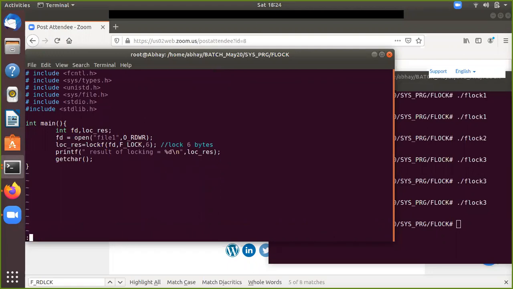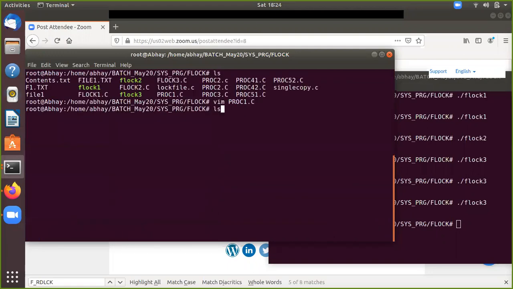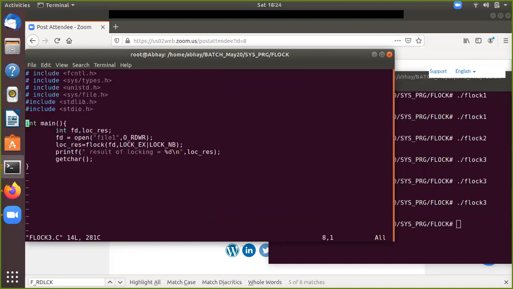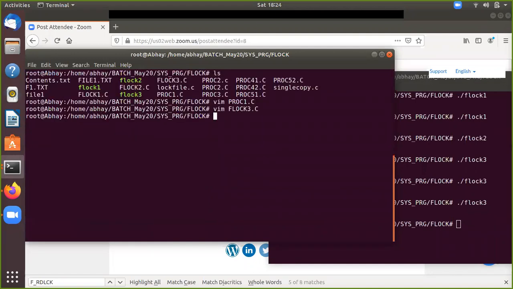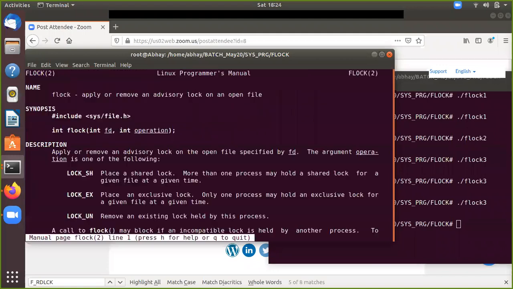If you just go and take a look at flock, go to the man page. You can have all the details of flock. sys/file.h is the header file, and this is the prototype. It takes two arguments. One is the file descriptor.